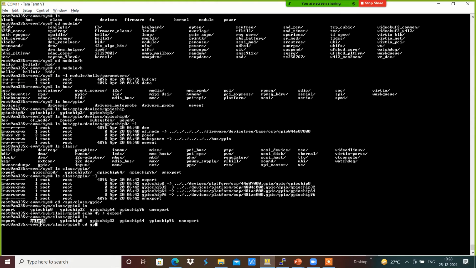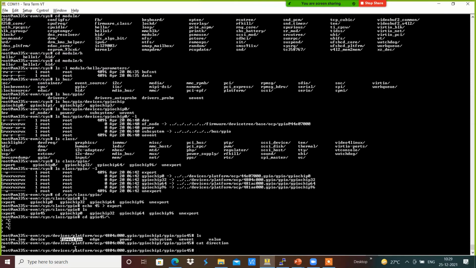If we go inside GPIO 45, we will have different files. For example, I can get the direction with cat direction.